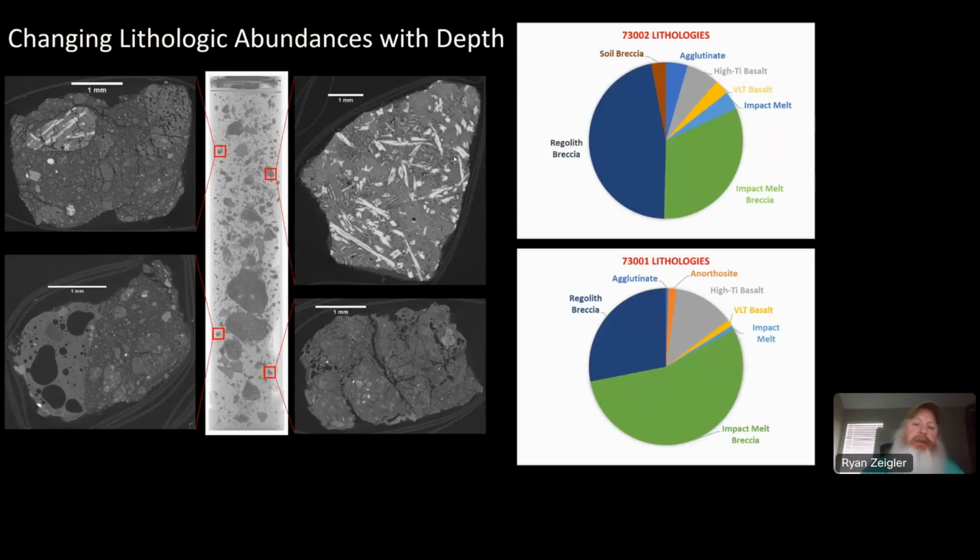Largely that's a stochastic process. We did see some systematic differences between the top core and the bottom core in terms of the abundance of regolith breccias versus impact breccias, which, since regolith breccias are formed by the gardening process, made sense. And it was still nice to see it sometimes.